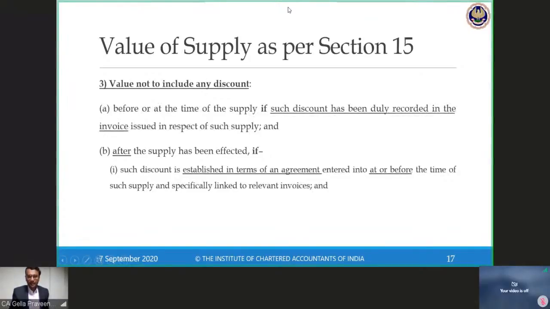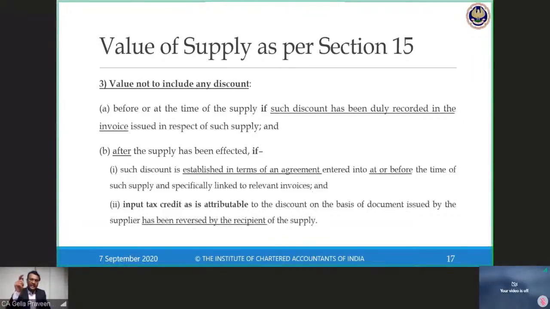So as per Section 15 subsection 3, it says if the value of supply has a secondary discount, please give the benefit of the secondary discount, and pay the tax on the discounted value. So I'm going to pay only that 17,640 to the government and not 18,000. This is what the provision says. Moving further,